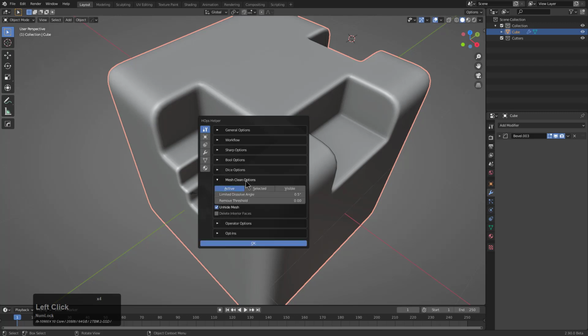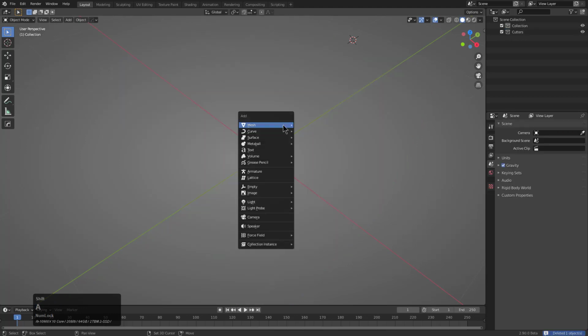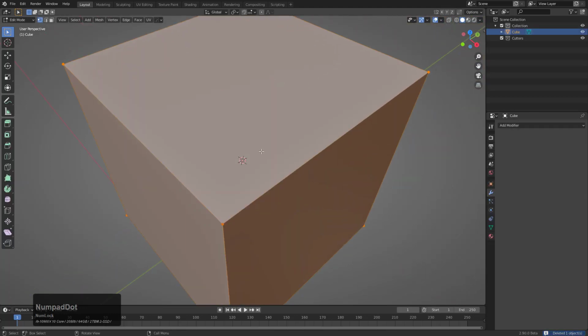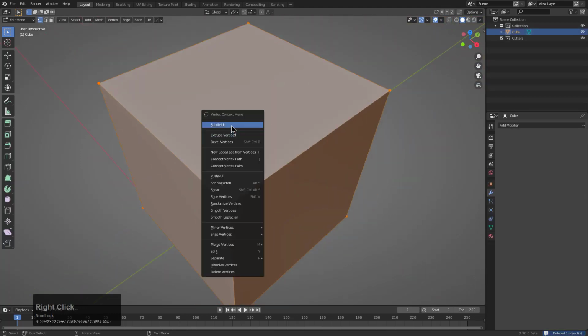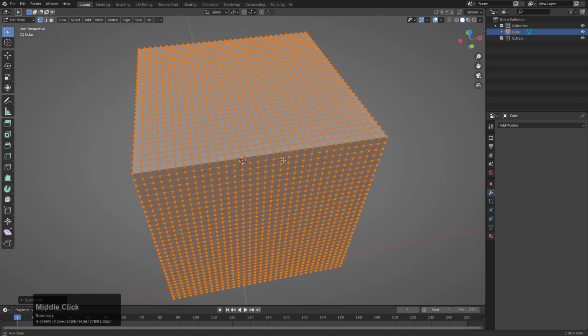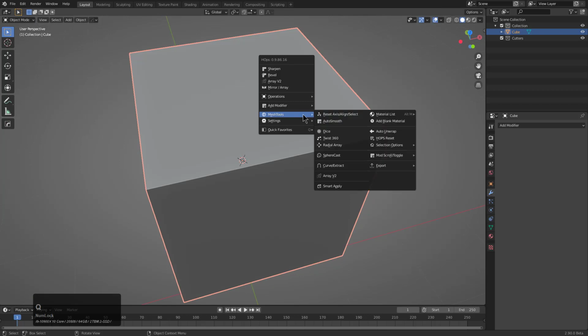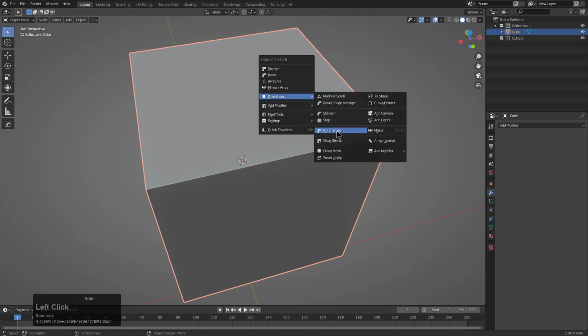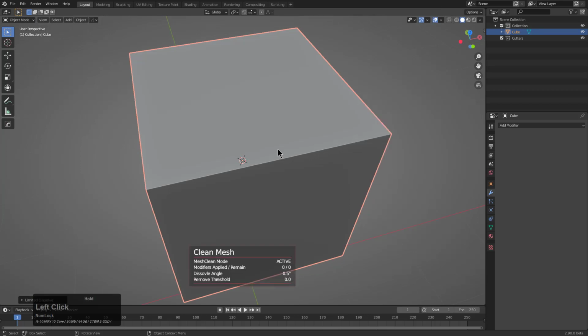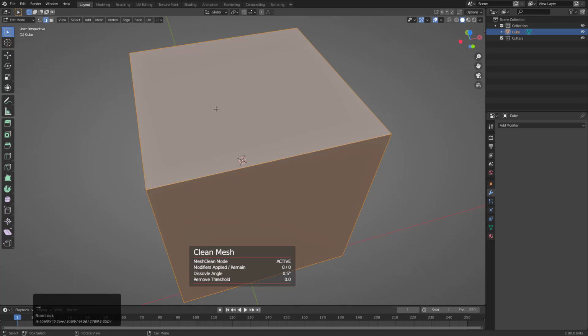But continuing on, mesh clean is another one. HardOps has the ability to clean up useless edges. So if we have this cube and we right click and subdivide, we have all this extra geometry. And this extra geometry is good and all, but what if we actually wanted to clean it? We could just go in our cube menu and choose clean mesh, and notice that the surface is now